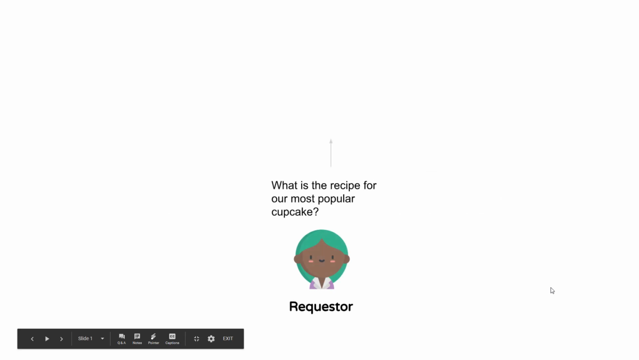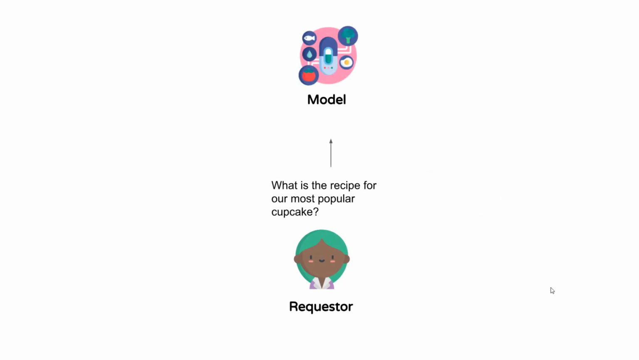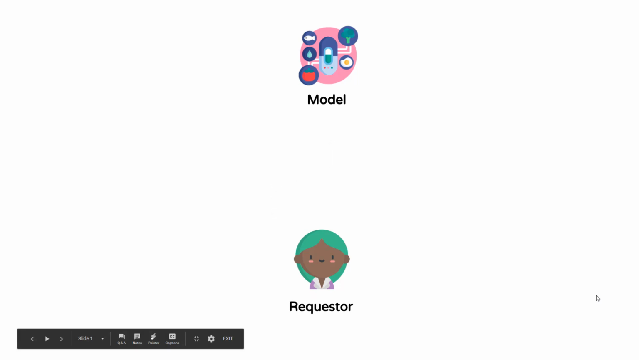The requester says to the data model, hey, what is the recipe for our most popular cupcake? So she's asking the data set, hey, can you go to our orders, see what the most popular ones in the category cupcakes is, then go into my recipes and pull out that recipe and deliver it to me. Boom. Can you do that? And the model's going to say,